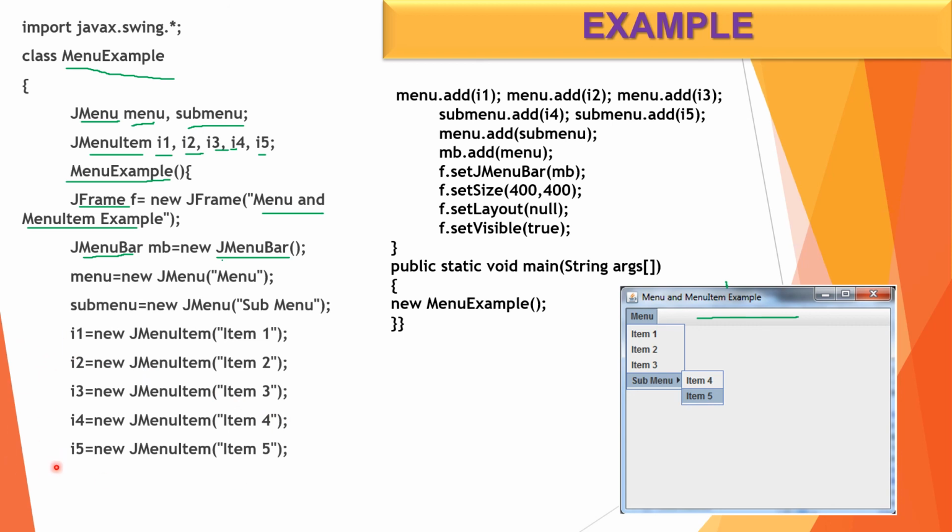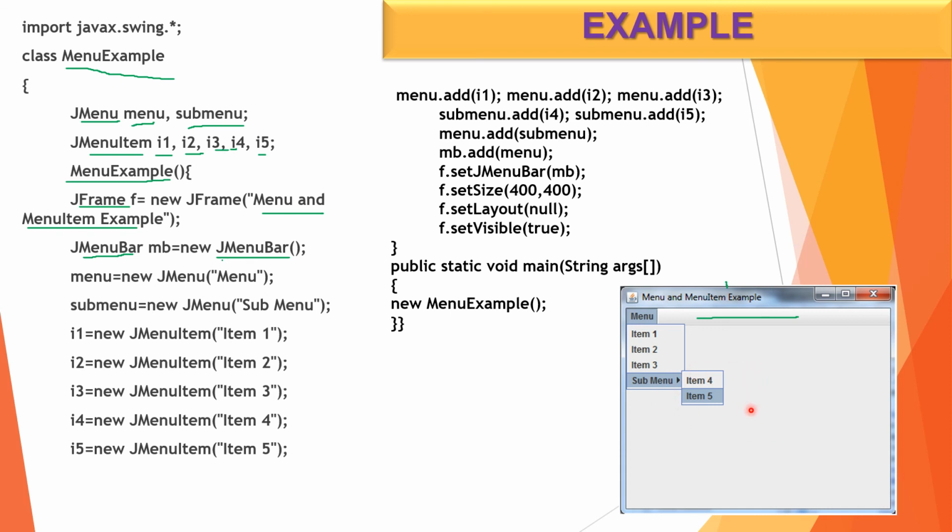These are different objects that will be initialized, and all these items are added in the menu. Now menu.add(I1), menu.add(I2) and menu.add(I3) are the main menu items, and submenu.add(I4) and submenu.add(I5) are the submenu items inside the example.